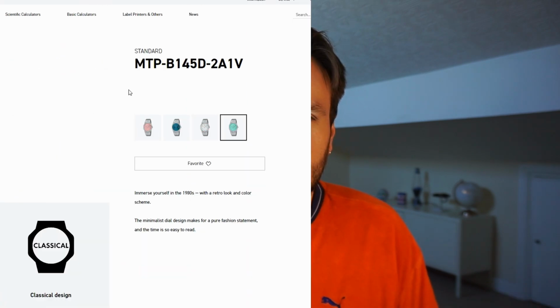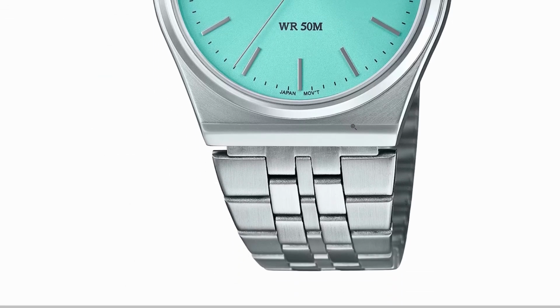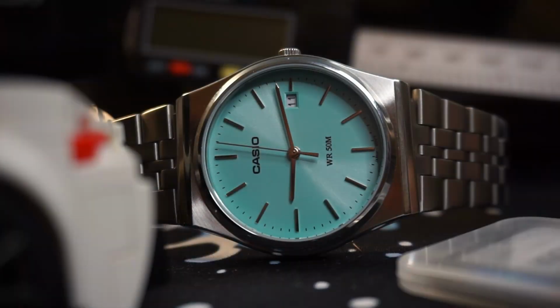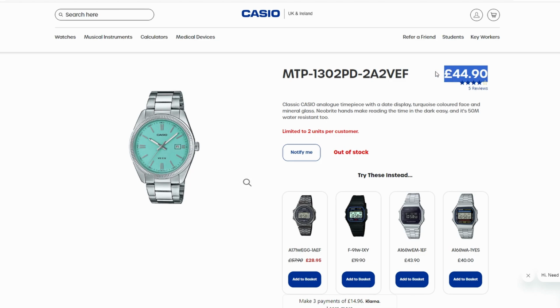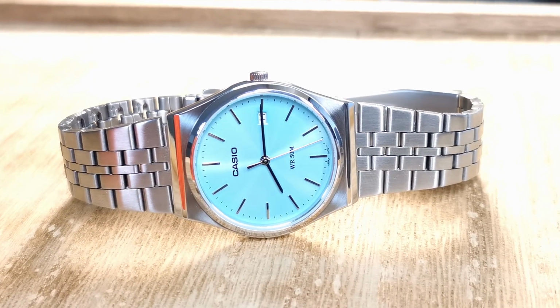So the original Casio Tiffany was harder to find than a pot of gold at the end of a rainbow. So is this new Casio Tiffany doomed to have the same fate? It's hard to find an exact retail price on these models, because they aren't actually released to Western markets yet. I have a feeling though that these Casio PRXs will retail for around $70. After all, the Casio Tiffany Datejust is around $50 retail, and it makes sense for Casio to charge a bit more this time if they are actually offering a stainless steel case,